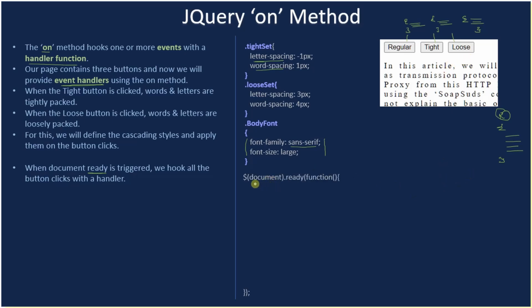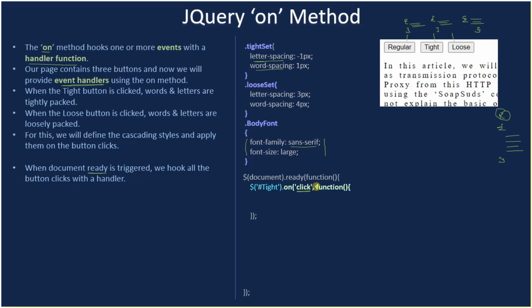And if you see, that's what we are talking about here, the $document ready function, and that function is ending here, and this is the body. So when all DOM trees are constructed, this body will get called. And inside the body we are hooking the event. If you look at $hash tight, this is the ID given for the button, right? So we take that button using the jQuery selector, then we make a call to the on method. To this on method we specify the event. Here the event is click,